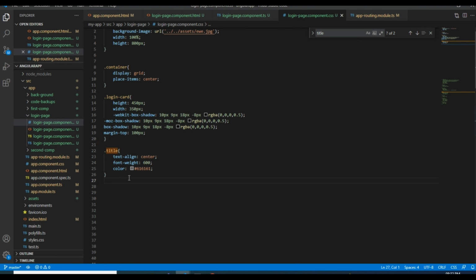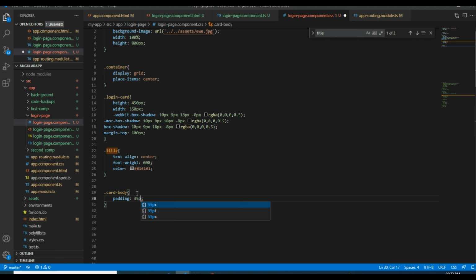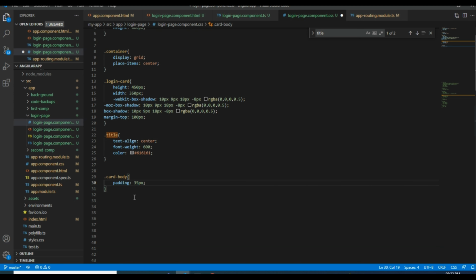Okay, title was done. Now coming to the card body, padding of around 35 pixel is enough. So coming to, yes, forgot password. I need to give dot here, I forgot.